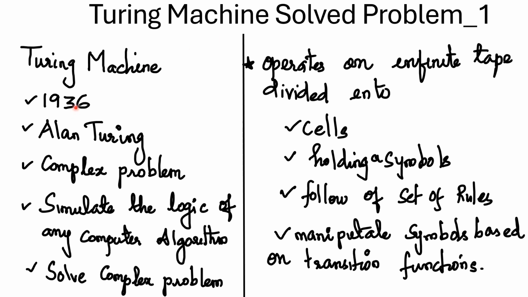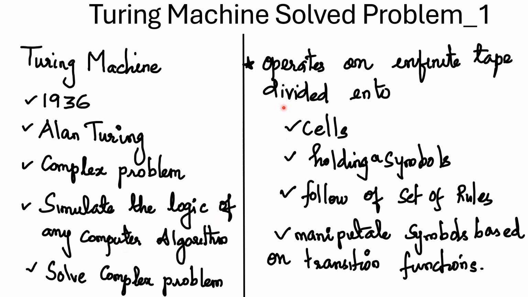The Turing machine was invented in 1936 by Alan Turing. He proposed it to solve problems in complex situations, and it is also used to simulate the logic of any computer algorithm. What he meant is that we can solve any kind of problem like computers. It gives us a mathematical abstract model,